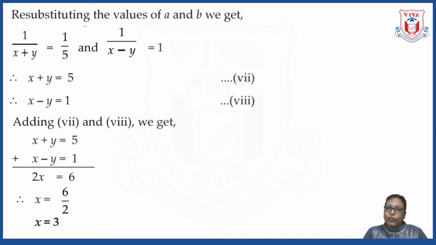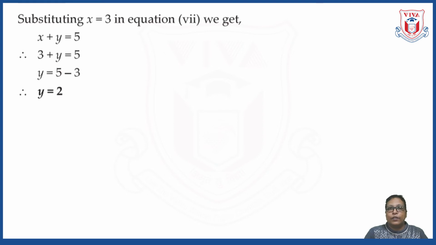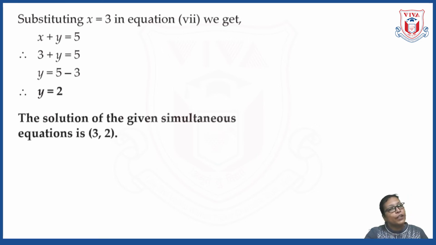Now we can substitute the value of x in any one equation, either equation number 7 or equation number 8, and we can get the value of y. You know how to solve it now, okay? So let us put x is equal to 3 in equation 7. Equation 7 was what? x plus y is equal to 5. So replace x by 3 and from that you will get the value of y as 2. Okay. So finally we have reached the solution. So don't forget to write down the solution in the end. The solution of the equation is 3, 2. Or as I have said, you can write down x is equal to 3 and y is equal to 2.